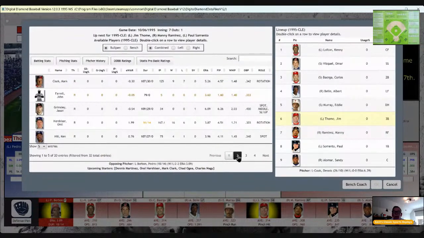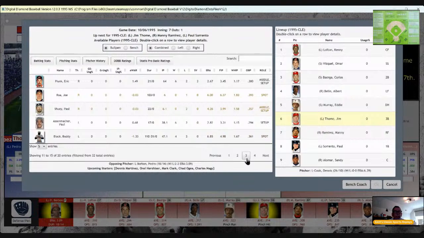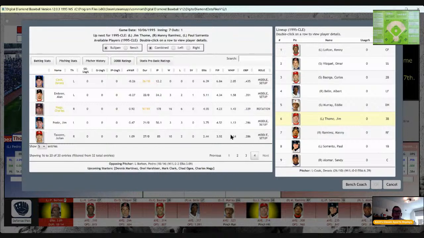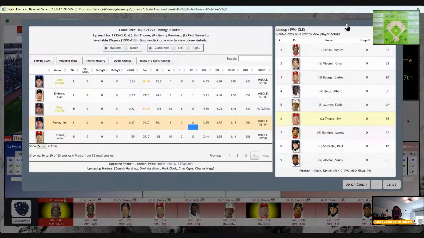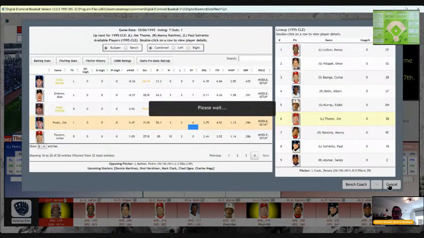So if we bring in a lefty. Bring in Jim Poole. Bringing in the wrong pitcher. I don't even know what I'm thinking here.